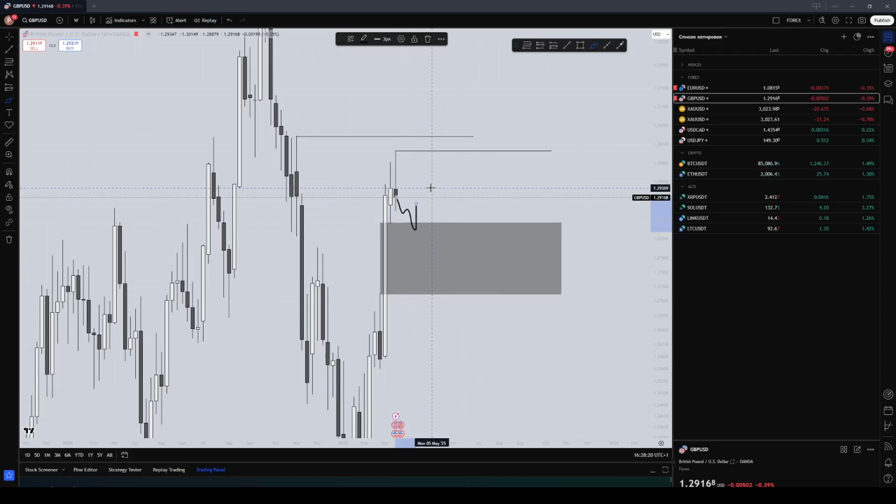About the previous weekly analysis, I expected continuation of the long to the previous week high, or a correctional move to the weekly imbalance and continuation of the long. As we can see, price achieved our first target, so I can say that the previous weekly analysis was kind of successful. So at this moment, the first scenario is a correctional move to the weekly imbalance and continuation of the long from there.